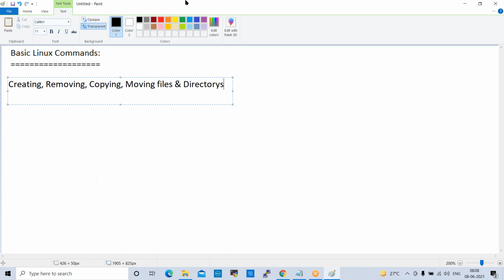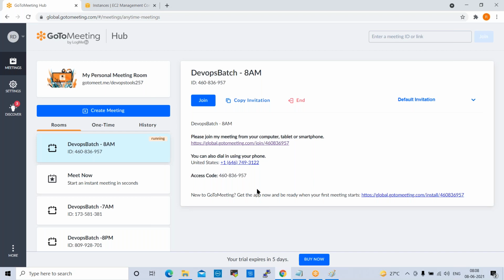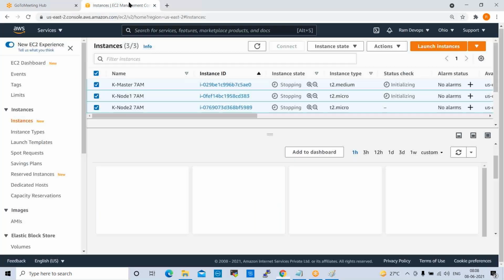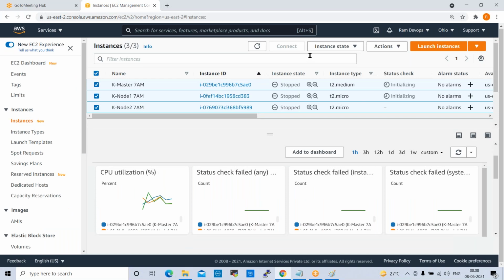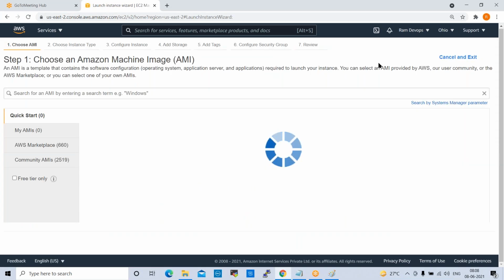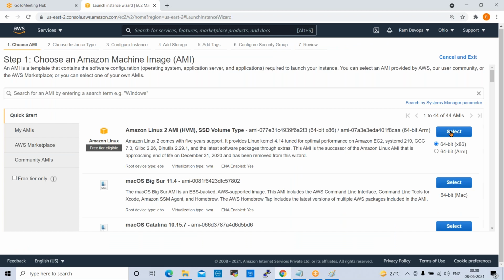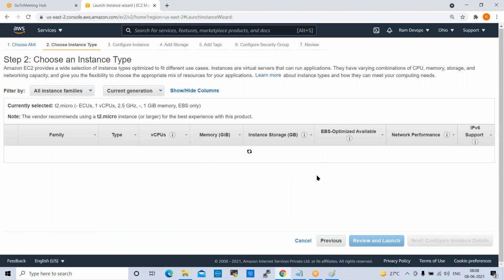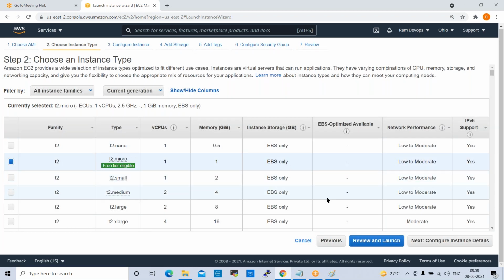So let us take one Linux server, and we can execute one by one. Go to console. Launch instance. So we'll take an Amazon Linux machine. Amazon Linux, which family?